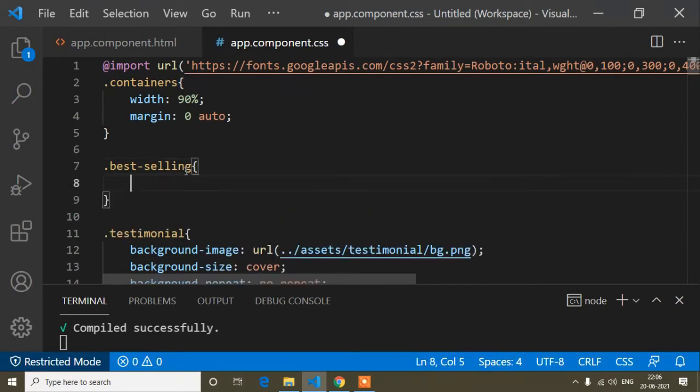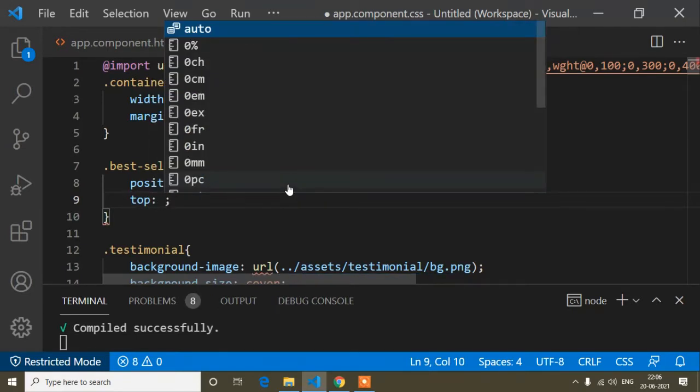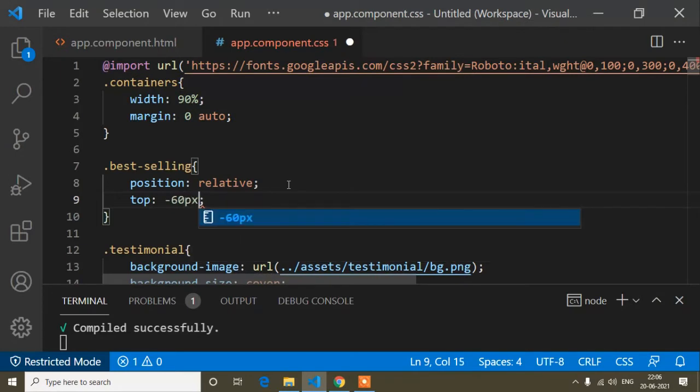So this one I have pasted, and now first of all position relative, because inside this banner selling product I want to float something. I mean, for this banner selling class I have added position relative, because here I will write top is minus 60 pixel, because I want to make this div float.